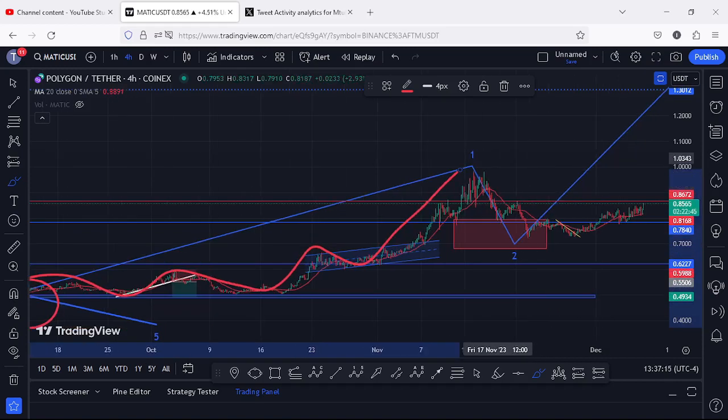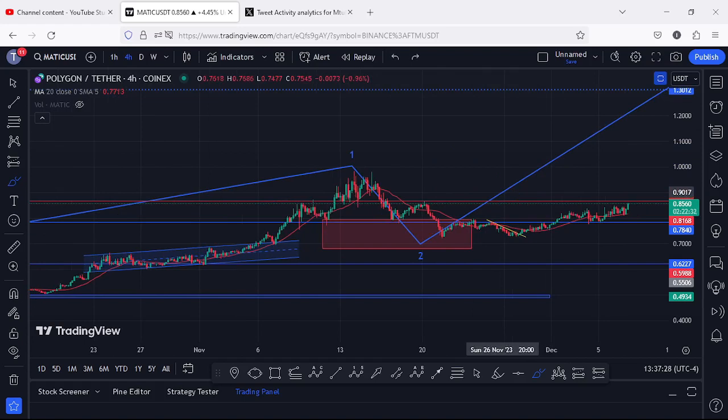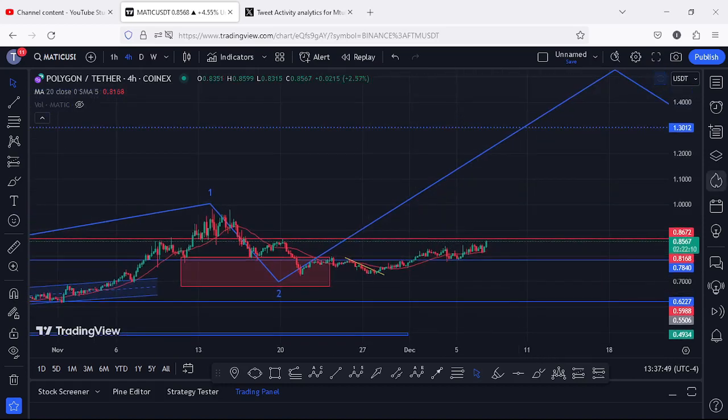giving us a high above the $0.98 mark in a move that I'm terming as the formation of this Elliott wave count 1. And after seeing the formation of that first wave, what we expected next was a bit of a corrective structure in the formation of this wave 2. The minimum target areas for the second wave I have highlighted on the charts using this red target area, which is an area that we have now fully maximized, and there are high chances that we have bottomed out in the formation of this wave 2, and Matic is now ready for another massive push to the upper side